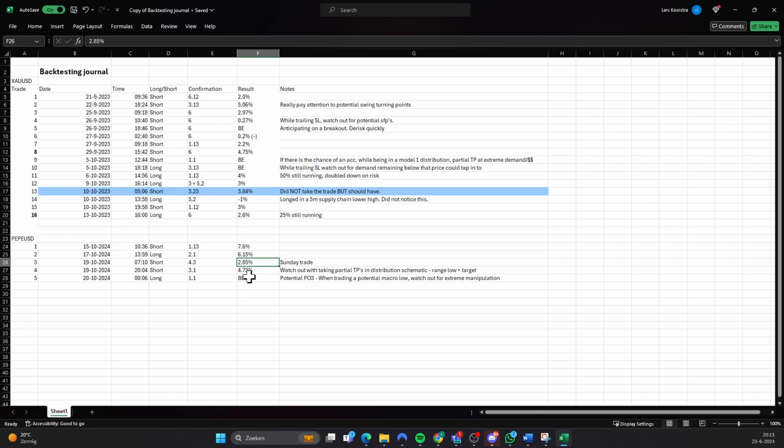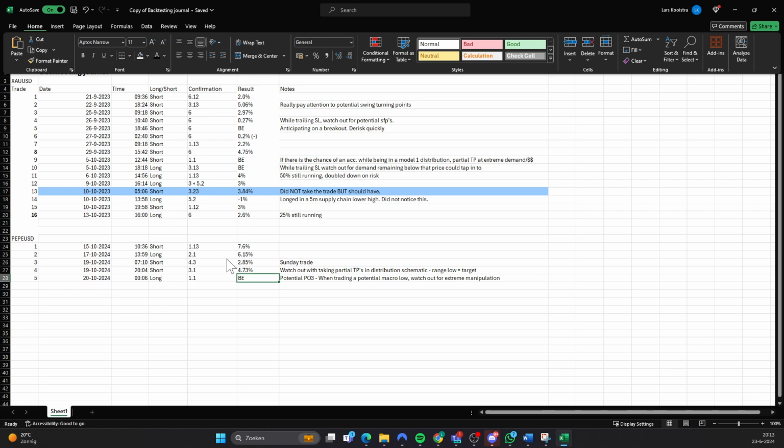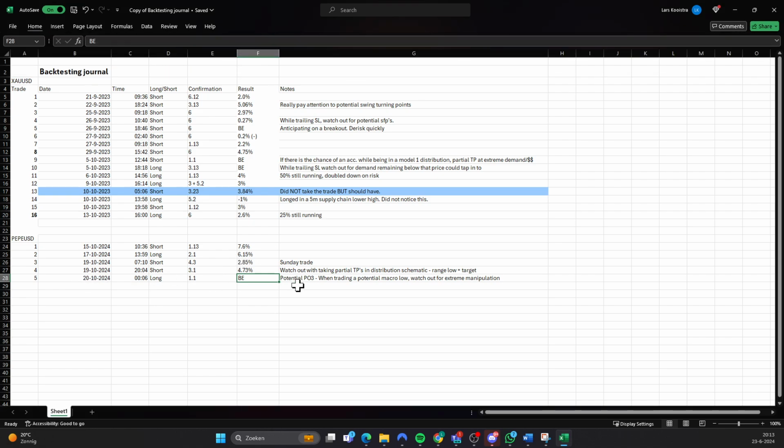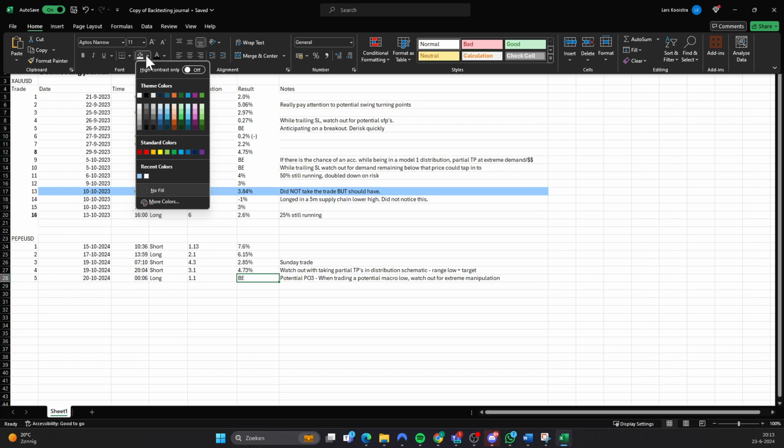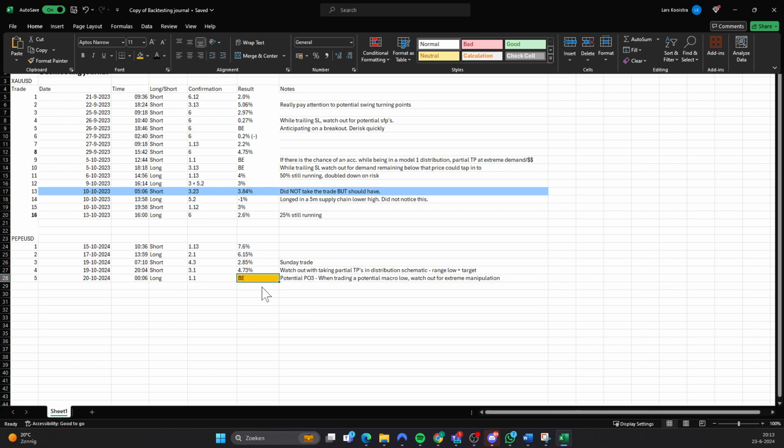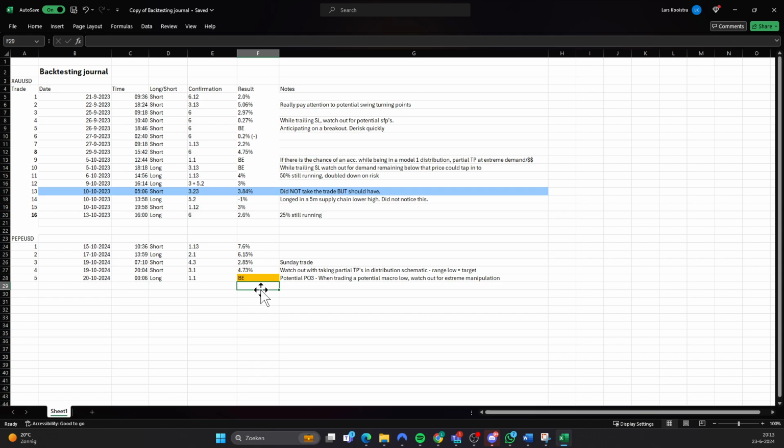We had a Model 2, and then we had again a Model 1 with the PO3 in the back of our minds. I'm actually gonna, how should I do this? I'm gonna make this a color. Let's make this a color, and then,